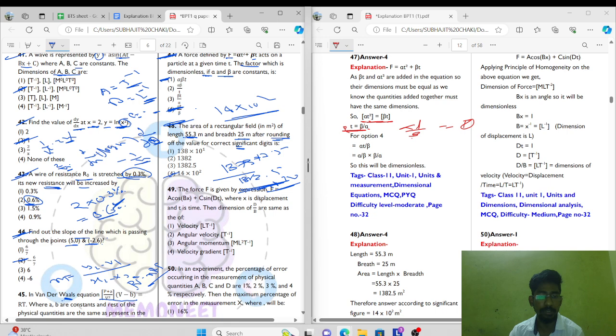Velocity dimension, how lt minus 1 is this? Because velocity is given by nothing but the displacement by time. Displacement has the dimension of same as length, that is l, dimension of time is t, that means lt minus 1. Okay, question number 50, the last question. In an experiment percentage this, so the equation is here given, x